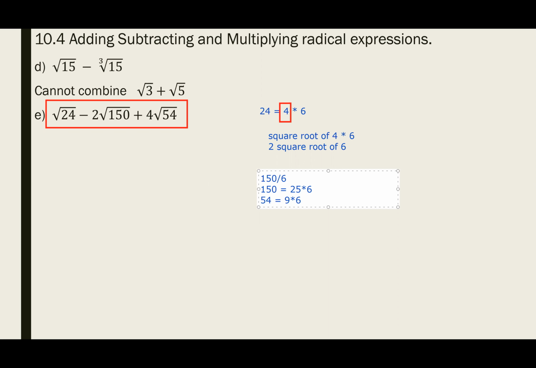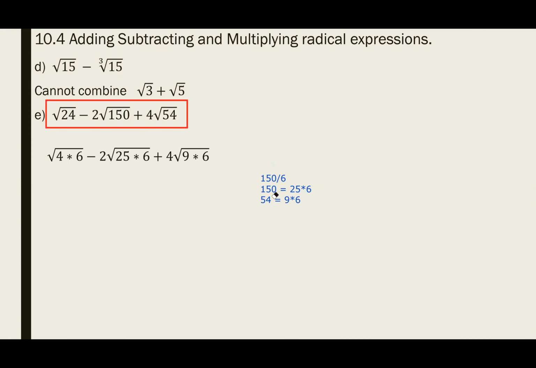Hopefully, right? 25 times 6. And why do I attack that number? Because like I mentioned to you guys last time, this is what you want: you want to find a perfect square inside your number and attack the small number. If you have a small number, attack the small number,